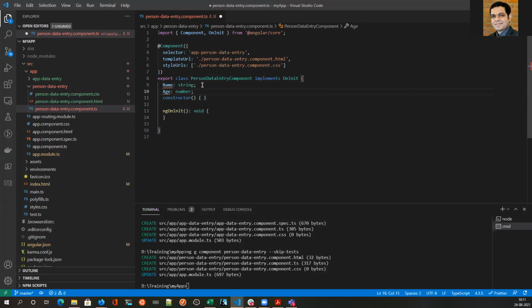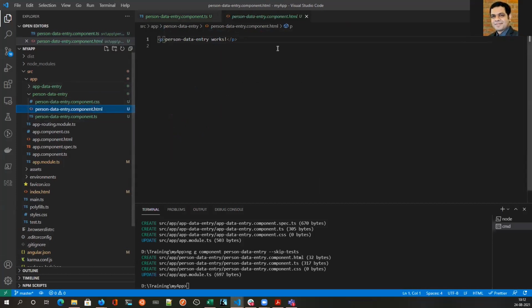So you can continue typing with me, so we stay on the same track. Then we initialize them in the constructor. Age is equal to, let's say, 0. This dot name we just initialize with a blank string. So far with me? Yes. Perfect.